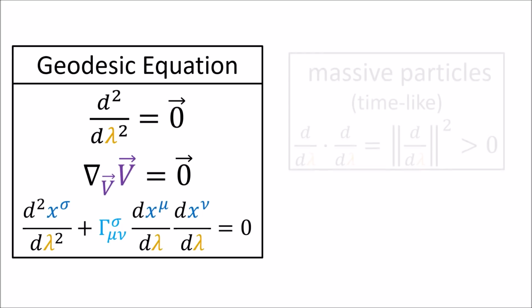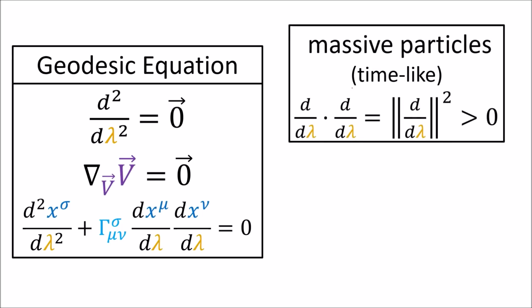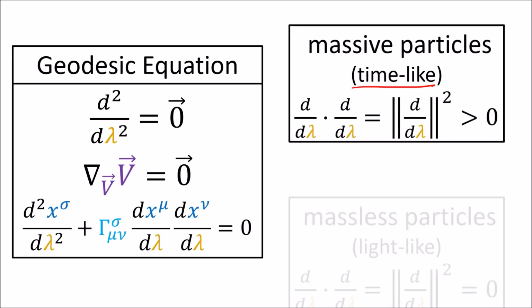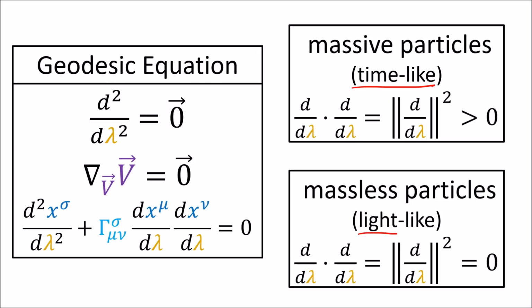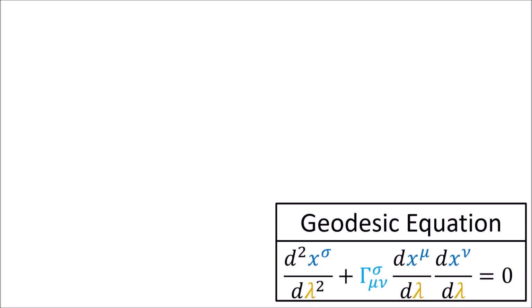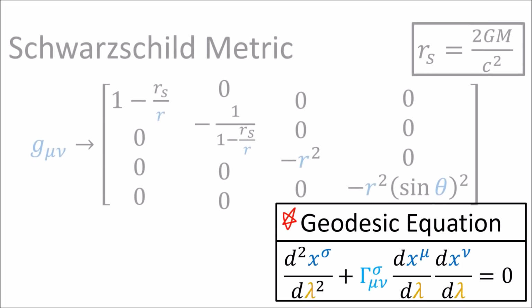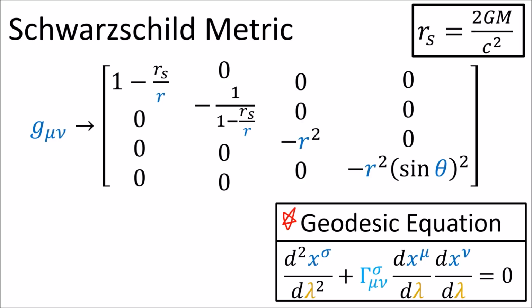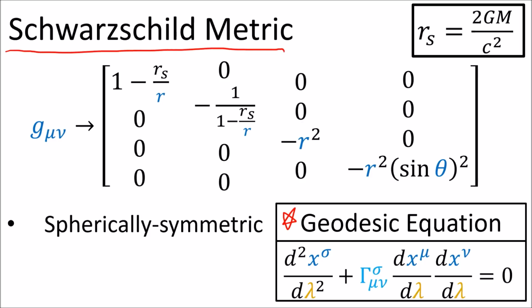So massive particles follow geodesics with time-like tangent vectors, and massless light beams follow geodesics with light-like or null tangent vectors. But both light and massive objects obey the same geodesic equation. Our goal for this video will be to take the geodesic equation and use it to solve for the paths of massive particles and massless light beams through Schwarzschild spacetime, where the curved spacetime is caused by a spherically symmetric,